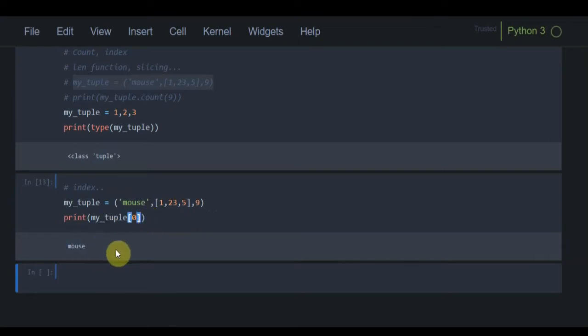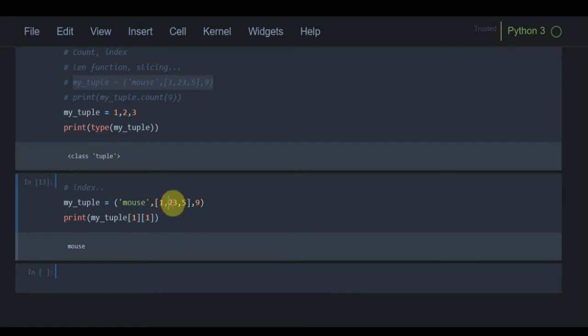So what about nested indexing? If I want to print the 23 at the output, I know that the list is at the first index in my tuple, and then 23 is also at the first index, because a list starts from 0.